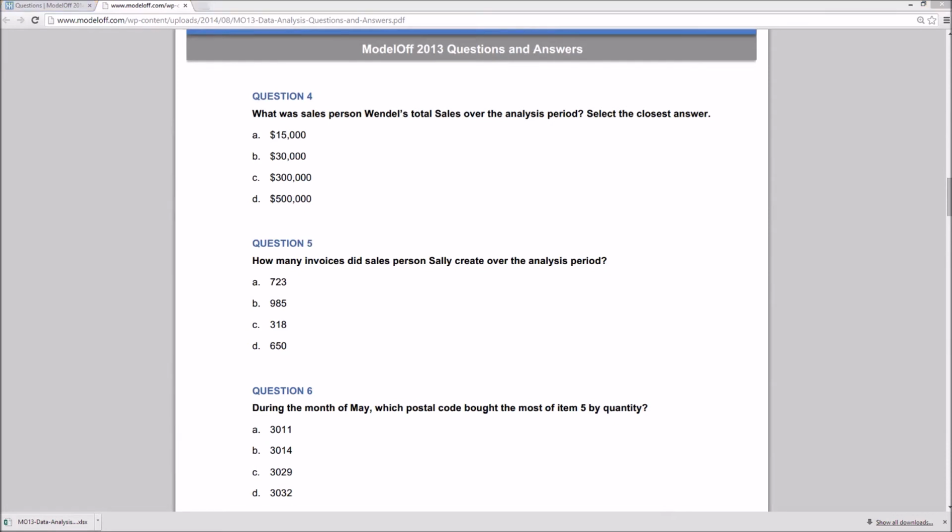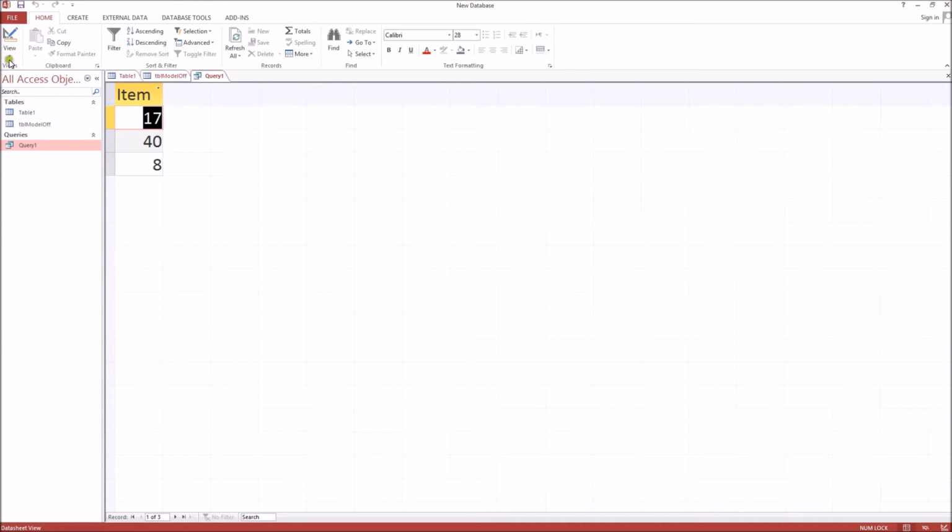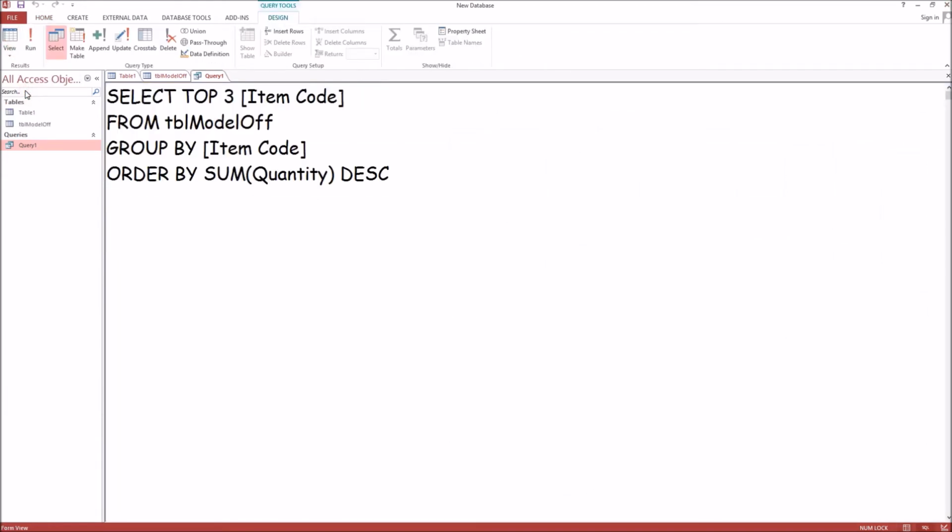To answer this question, we will also continue using the top keyword, but we will change that top 3 to top 1 because we only need to know the name of one salesperson and the associated item code that they sold. So top 1